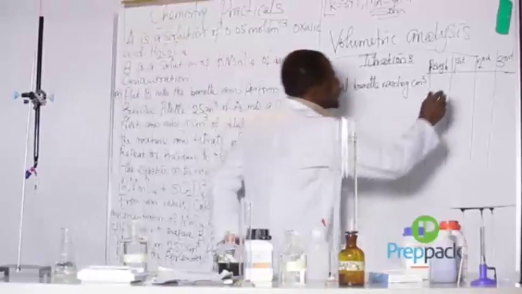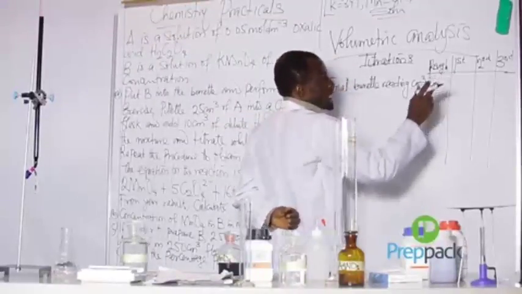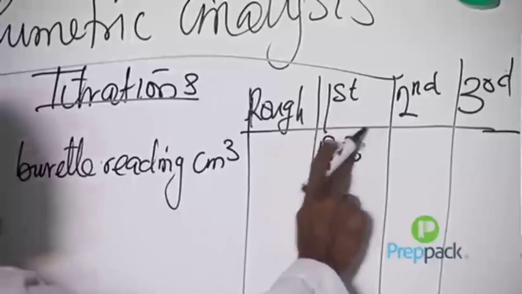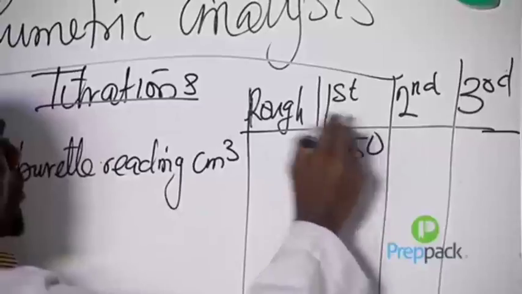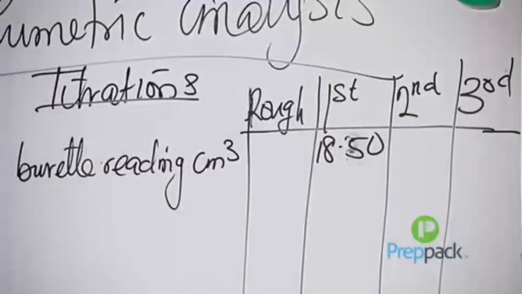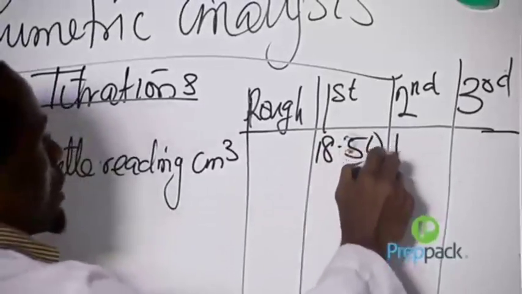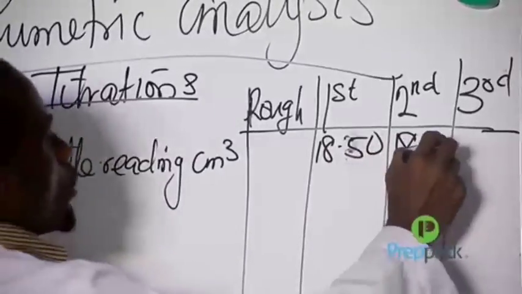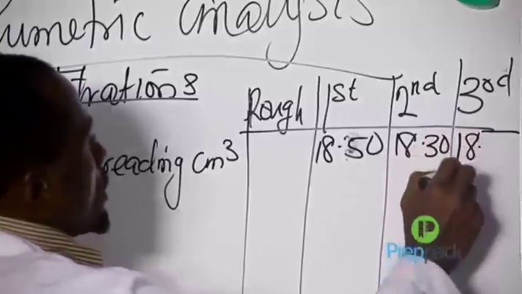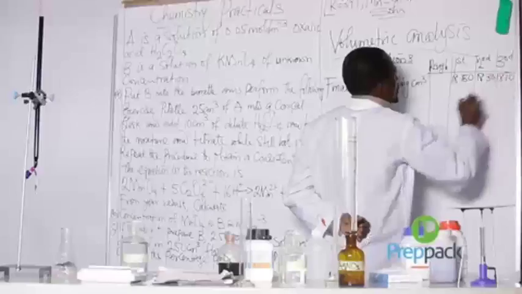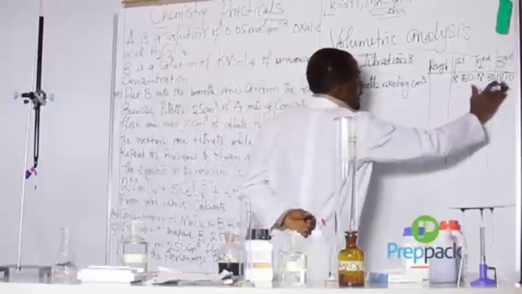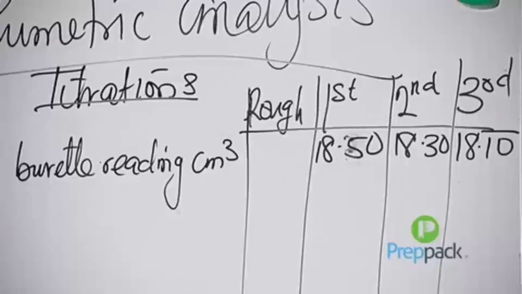Now, the first titration, as an expert, my value is 18.50. My second titration is 18.30, and the third one is 18.10. Okay? Okay, this is the final burette reading. My initial burette reading